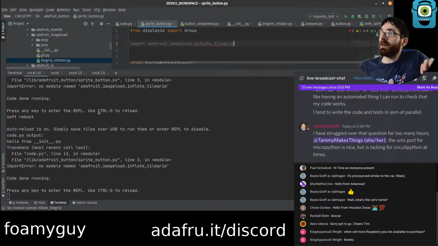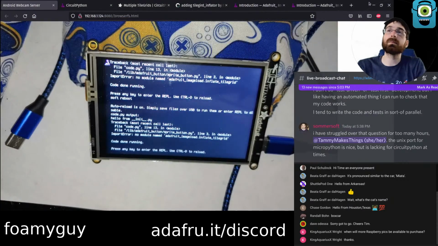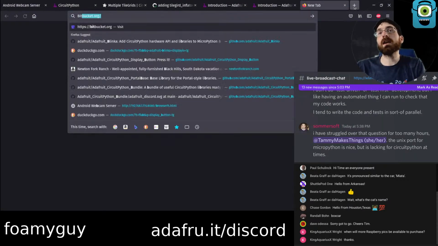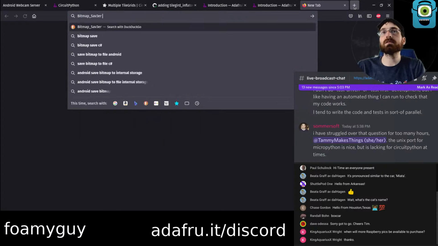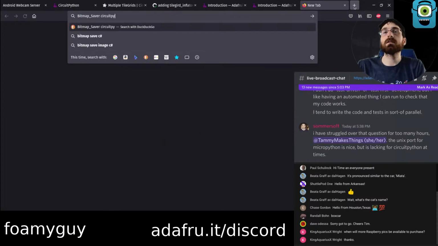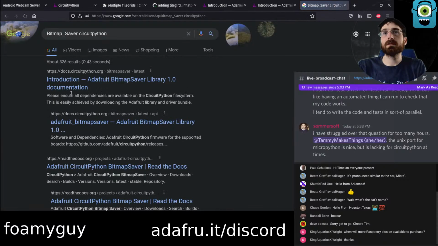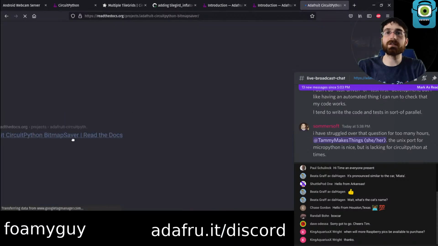Yeah, one thing I'll mention on the display IO front, I did have an idea one day for display IO tests. So we have this library, bitmap saver. This can basically take screenshots.